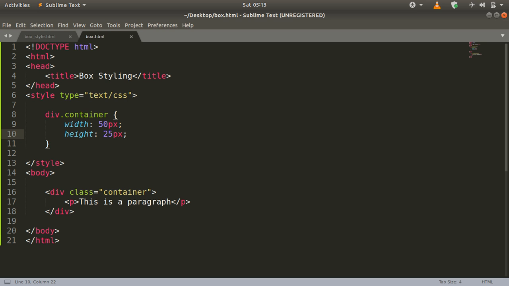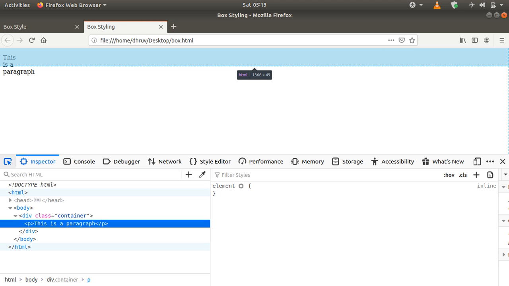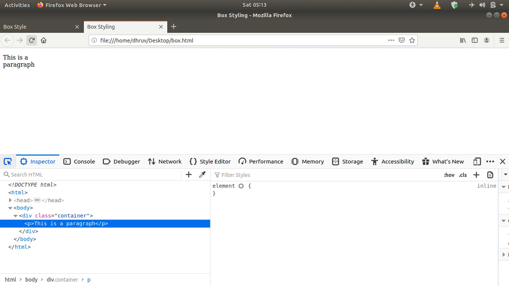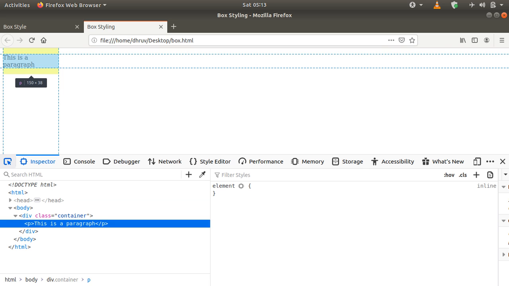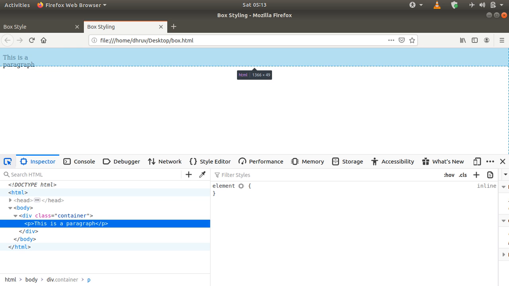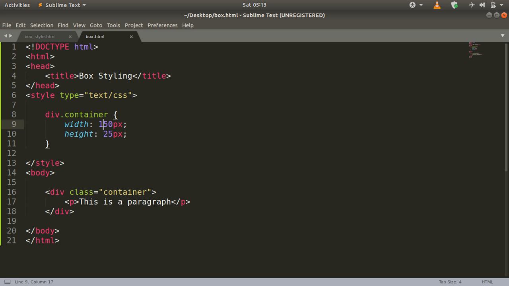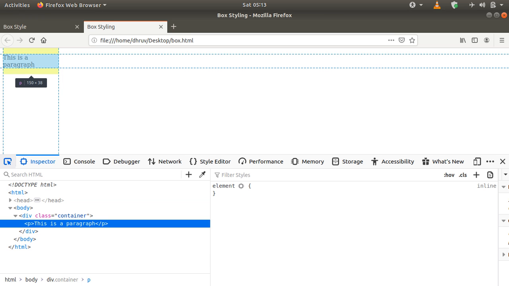Let me change this a little so it doesn't look weird as it does now. Let me refresh the page. Now you can see that the width is 150 pixels, and the height we have defined is 25 pixels, so the text is coming out of the box.